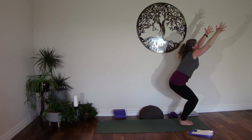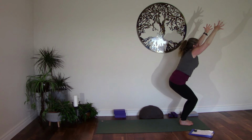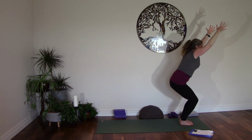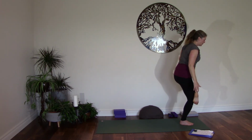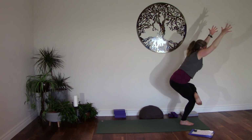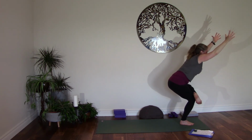Good, inhale, exhale. 2 more, inhale, exhale. Last one, inhale, exhale. Let's take figure of 4, cross the left ankle above the right knee, sink the hips, rise up, inhale, exhale, inhale, sit down a little lower, exhale, last one, inhale, exhale, actually take 2 more, why not, we're here, we might as well, exhale, last one,